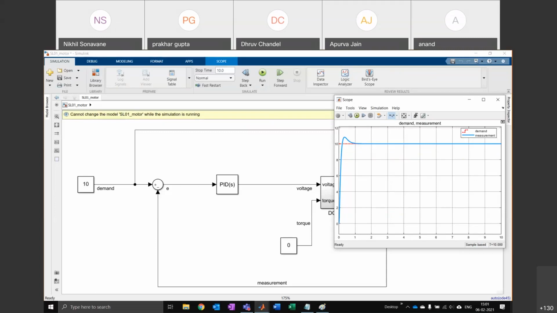And the best part about this is, as long as you can build a plant model properly, you just use the PID controller and it doesn't matter what your plant is. It can be a car, an airplane, a robot, or whatever. The PID controller still works. And you can put in any demand, you can put in any plant model, and it will figure out how to do this. So this is what most people in the industry actually use as well. I used to use this when I was working for a company.